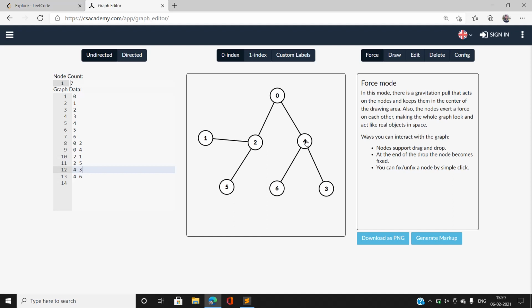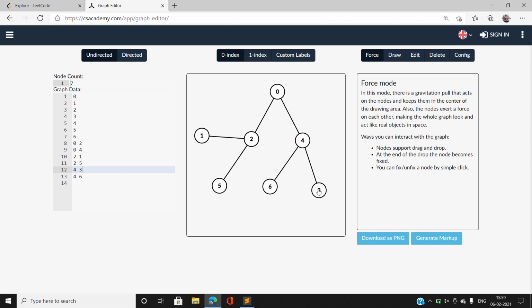Again, the optimal way is to move to the right child node of the current node. Our current node is 4, so I move to the right child node of 4, that is 3. Again you can find that 3 is the very first node of that level, that is level 2, if the root node is considered to be at level 0. Then the value of node 3 is appended to our answer, because if you view the binary tree from the right side, you see node 3 first.